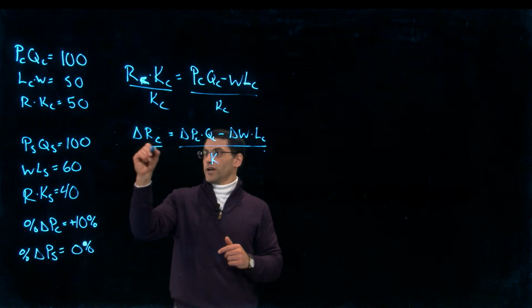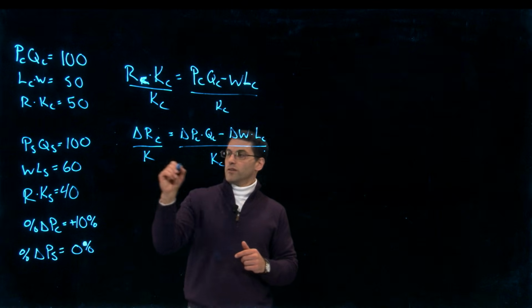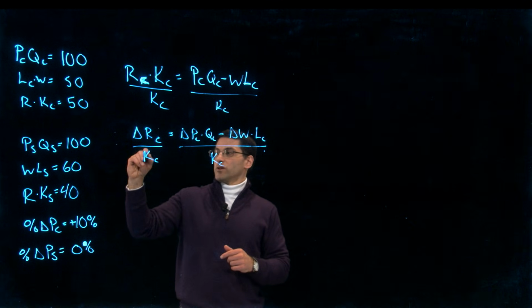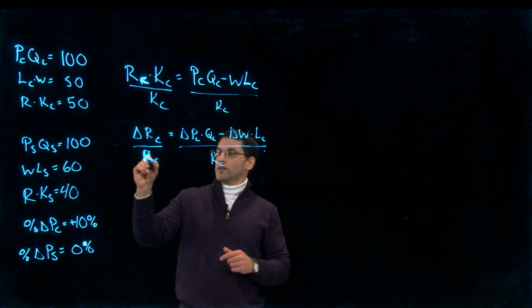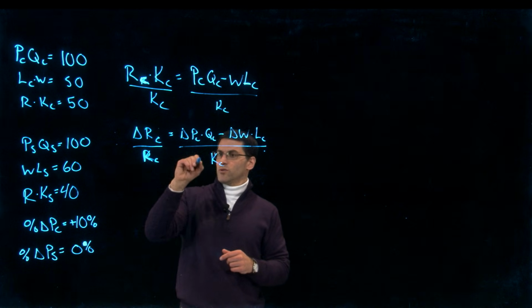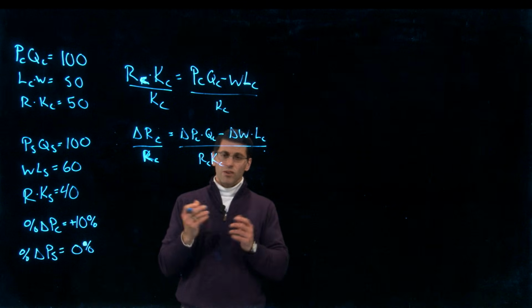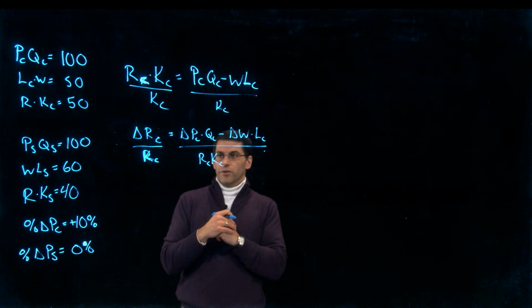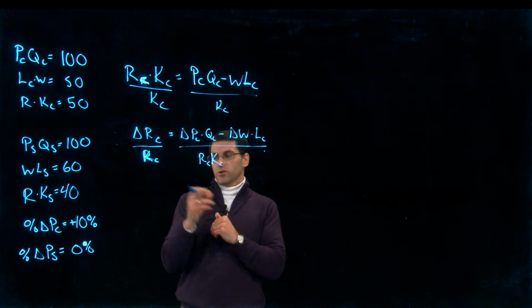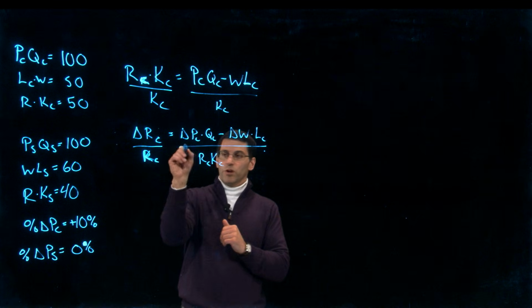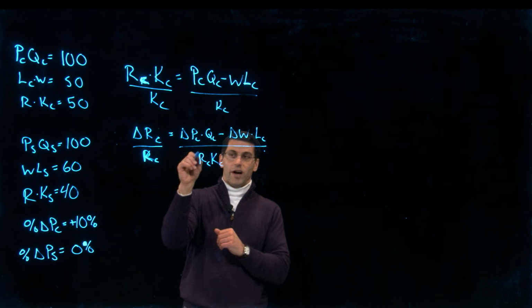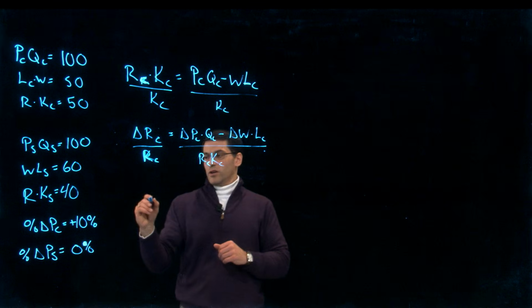Well, you've got to divide through by KC that we had, so change in R times R, in rental rate in computers, so RCKC. So what's RCKC? Total payments to capital in the computer sector. And now what are we going to have to do? So we divided through on both sides, so that was fine. Well, we want to convert this into a percentage change as well, so we'd like to divide through by the price in computers, but then we have to multiply, right? So divide and multiply by the price of computers, and that turns